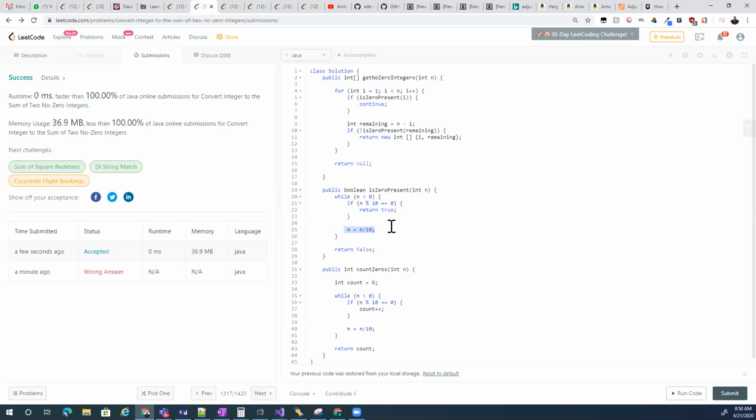Right. I think you'd use modulus. If you have converted the number to string, then you don't need that part. I mean, then you wouldn't have to write the logic for finding the zero. Yeah, exactly. I just didn't want to deal with strings, as Leon was mentioning.